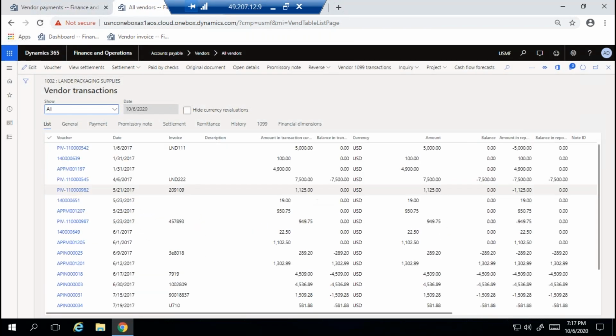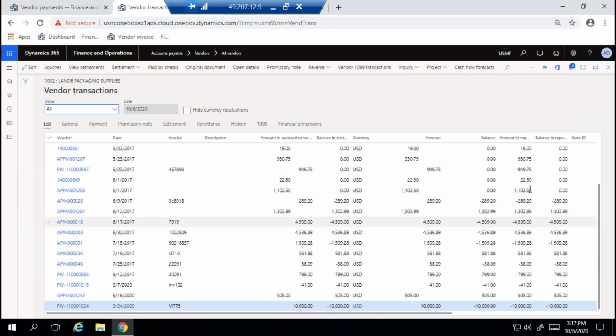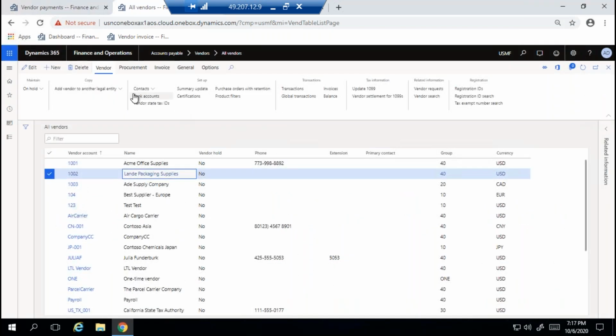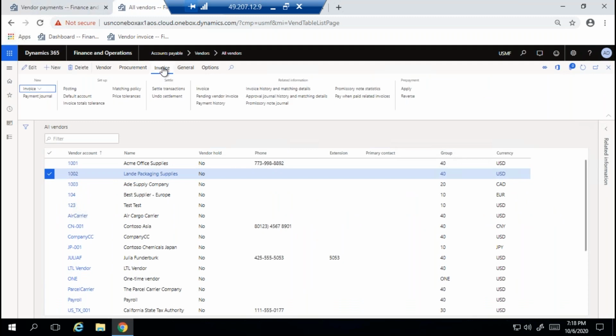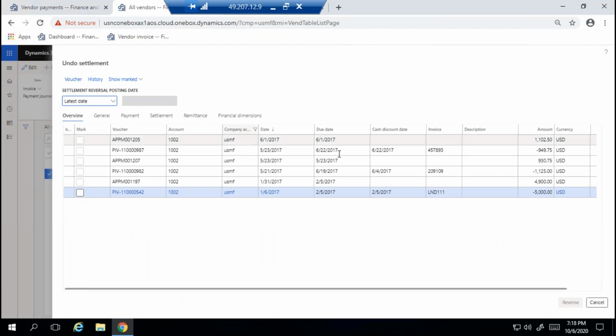Here there are invoices, and in this there are two options. One is, look at this one. Undo settlement means payment versus invoice already mapped.